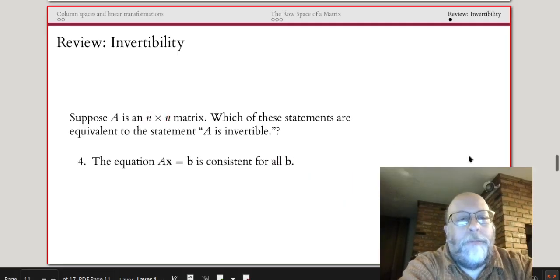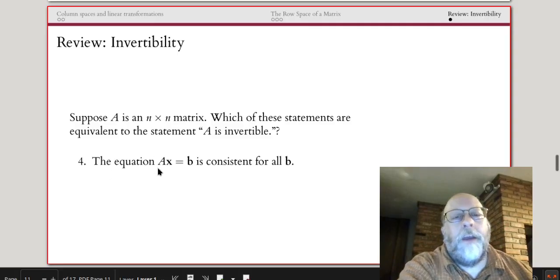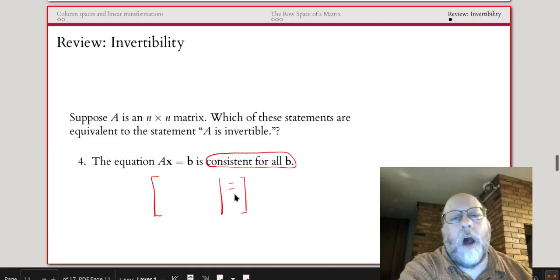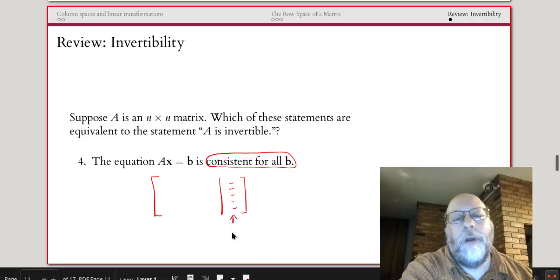Here's another one. The equation Ax equals b is consistent for all b. So that means no matter what I put in the augmented column, the system will always be consistent. That means we can never have a pivot